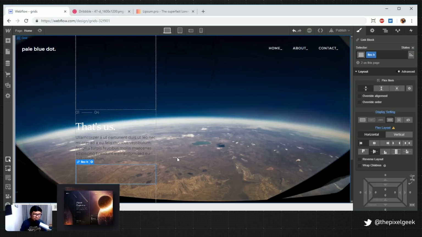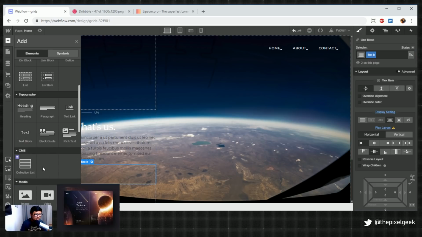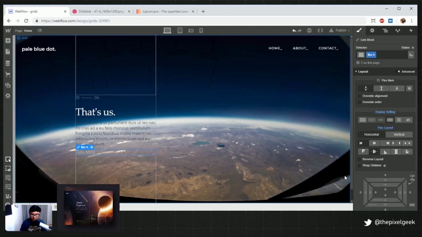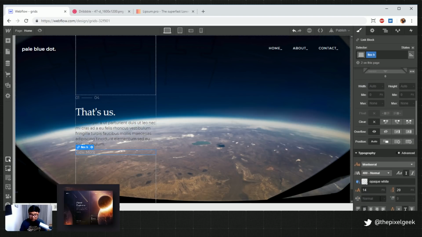Flex H because I want to put a piece of text inside of here, and then we're going to do that plus sign thing for the call to action. So this one says view more, and let's make this all caps.